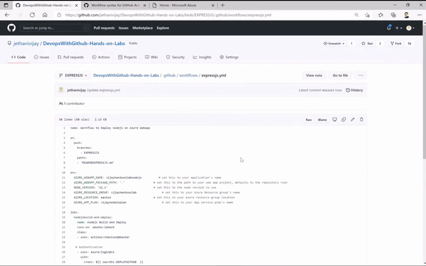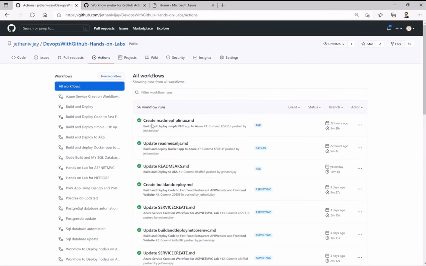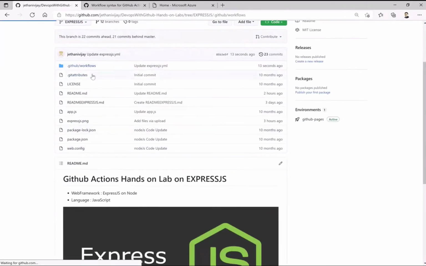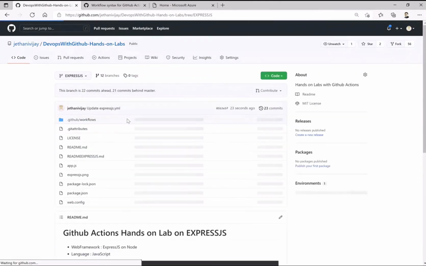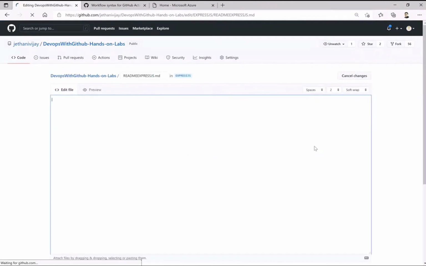Okay, now as I told you, this will not run until I trigger a specific readme file. In my case, that readme file is on the workflow which I've shown you, readme expressjs.md. So let's do that. You can use anything, I'm just putting it in to give it some meaningful name.